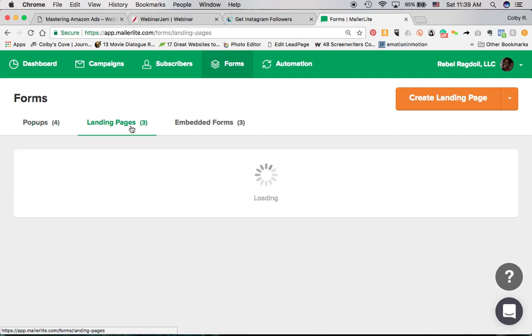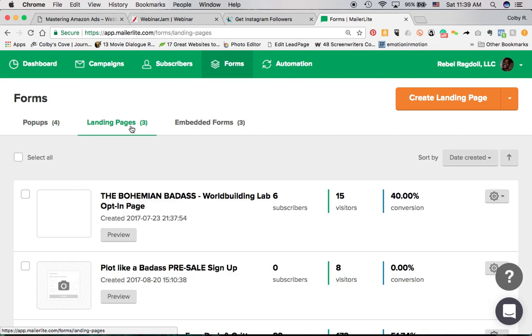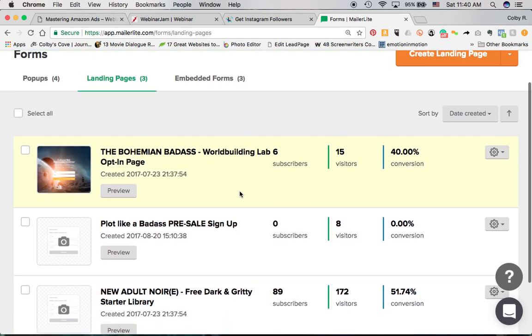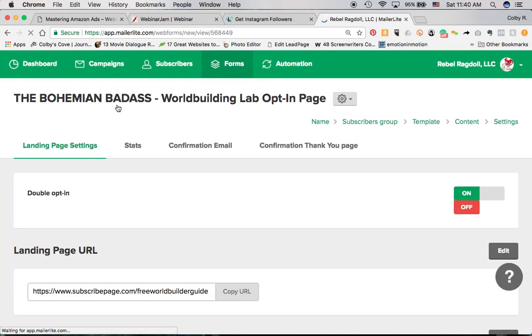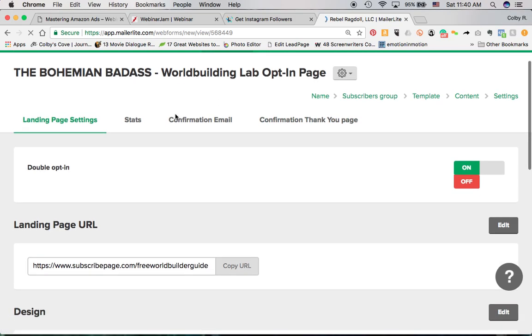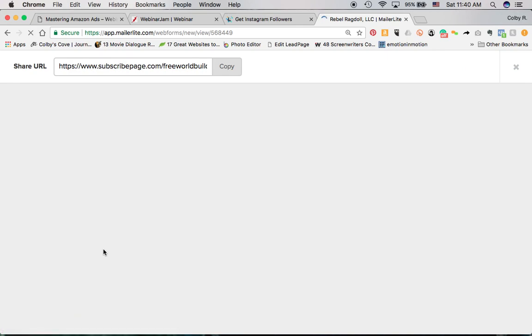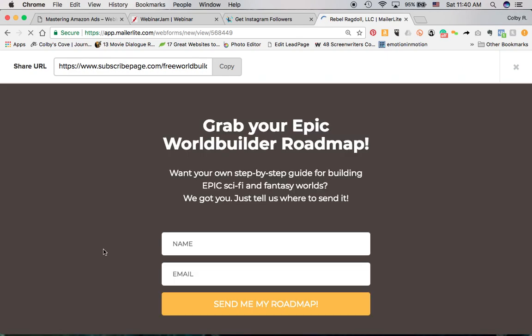Then you also have a landing pages section where you can create an actual landing page. So if, for example, you want to direct someone to a particular page that gives more information on the product or the book you're offering than a pop-up would, you would create a landing page as opposed to just a pop-up. And here's a preview of the landing page that I have built